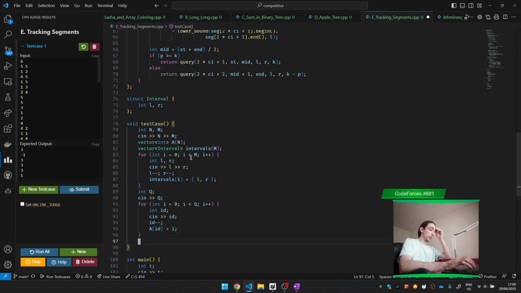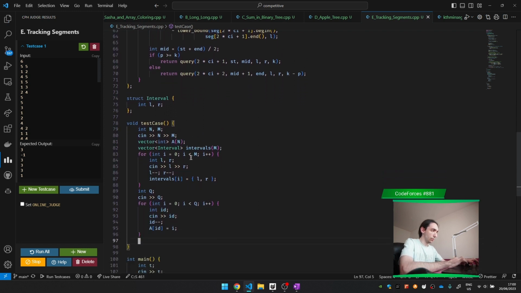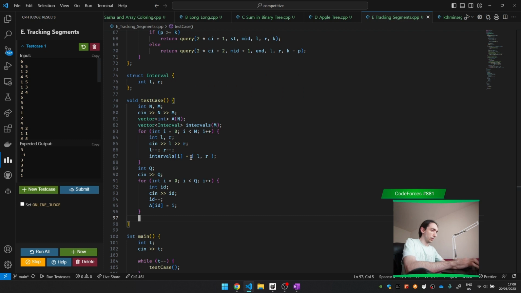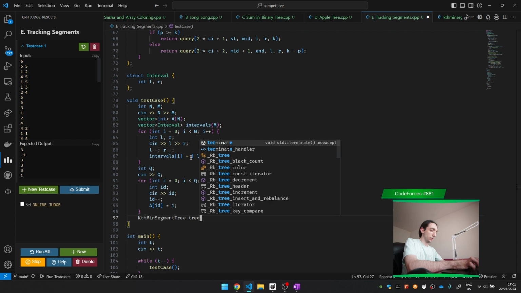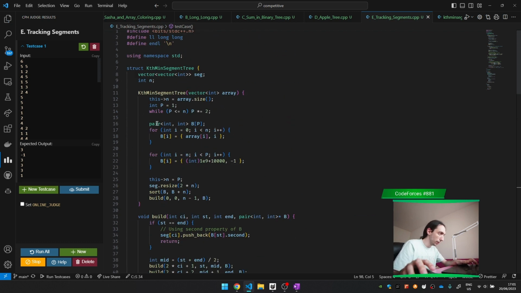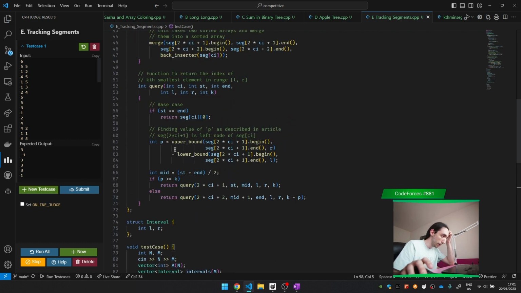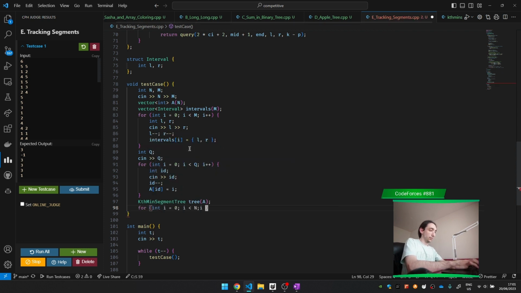Or just I, it's fine, it's enough. Okay. And then we need this kth minimum segment tree on A, and then tree dot, wait, is it built by default? So it's built by default, so for each of the intervals,